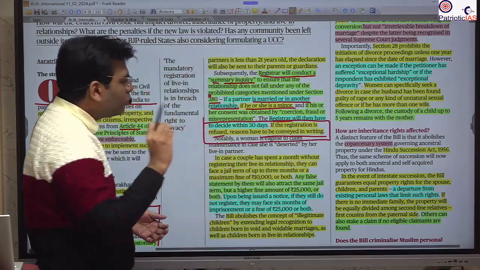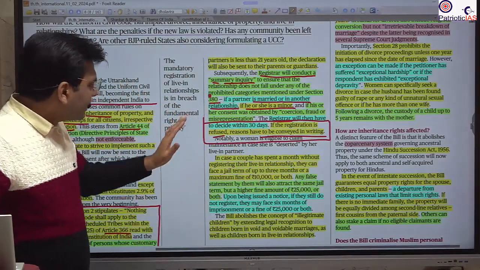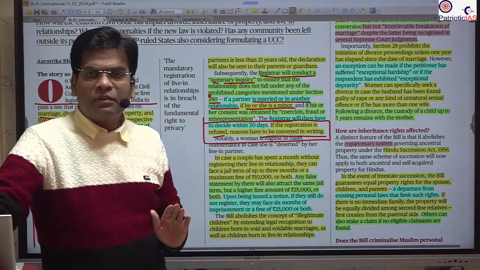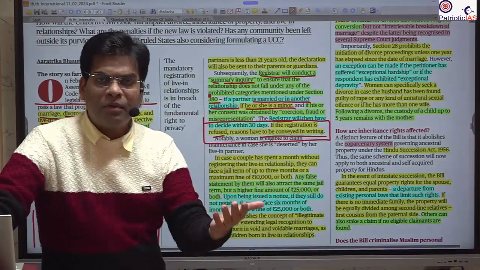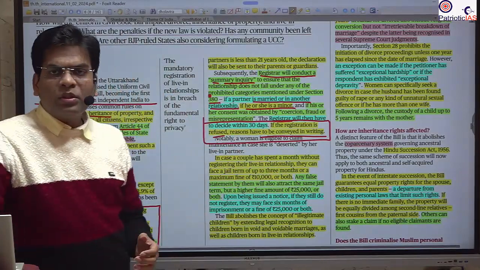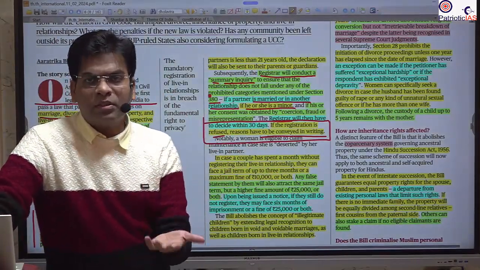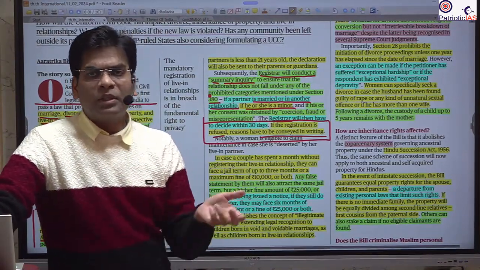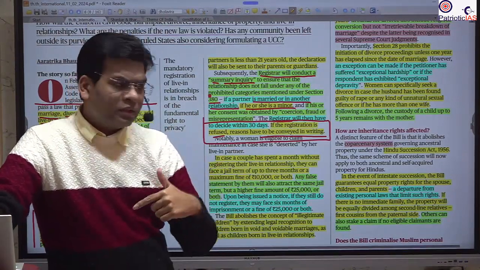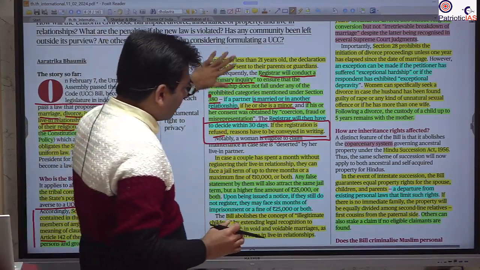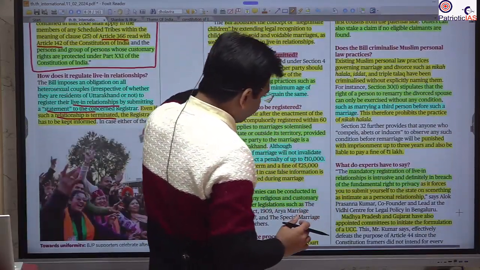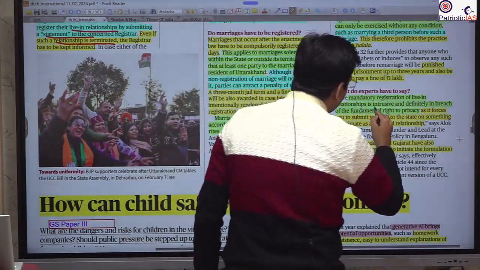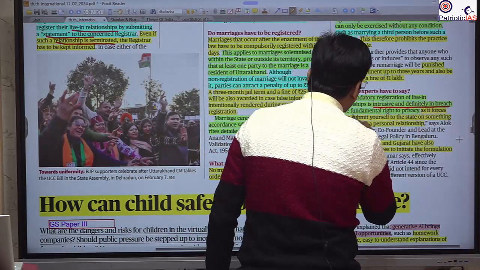Yes, this is a good thing, he has to give the reason, but there is always a loophole. If you are applying at a permit lodge or license lodge, saying I have to get the certificate, what will happen? The penalty is very huge, so they will demand money, and they will make the certificate. Anyway, you will get the certificate, but there will be a lot of trouble for the people. They will know your personal information. So this has been criticized here. The criticism is that this mandatory registration is intrusive and definitely a breach of the fundamental right